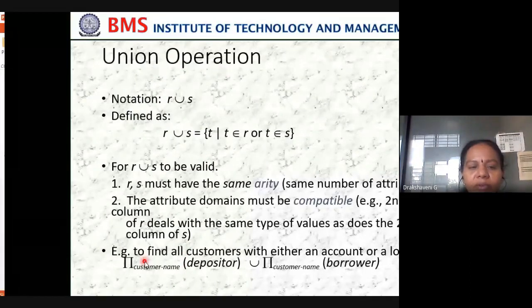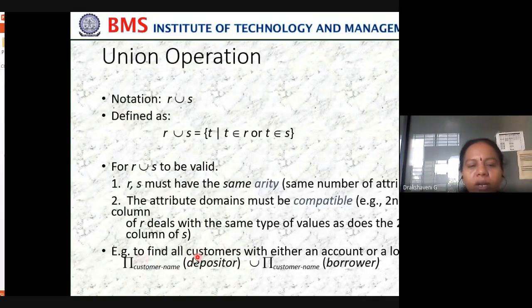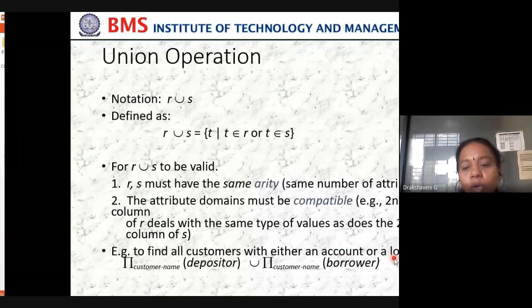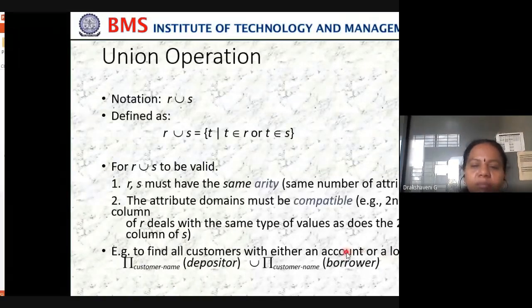In the same way, take one example. I want to find all the customers in a bank who have an account as well as a loan. I have to check in which table I have an account and in which table I have a loan. In the depositor table we have an account, and in the borrower table we have a loan.